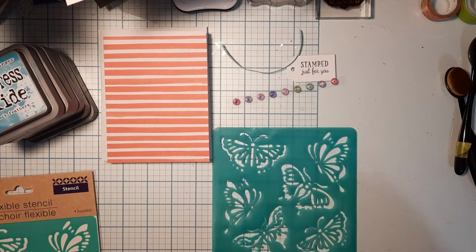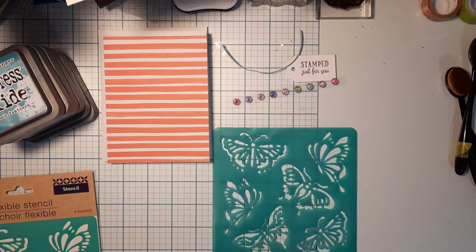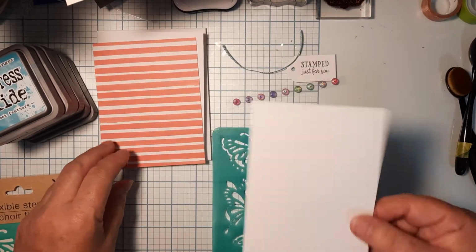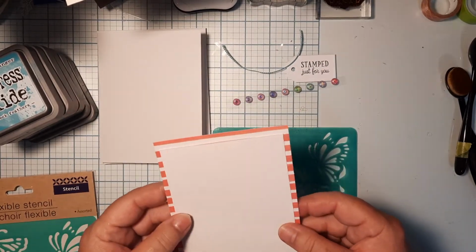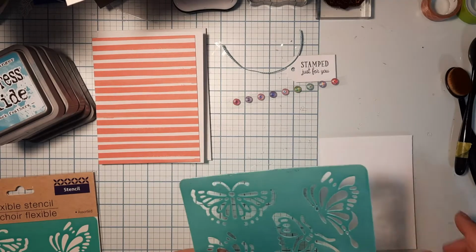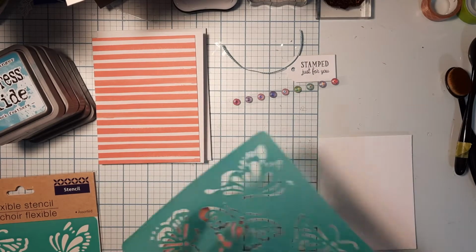Oh, and then also, almost forgot. You will also get a clear white piece of paper that will go over for your design on here. So the first thing you want to do, there is a wrong side and a right side to the